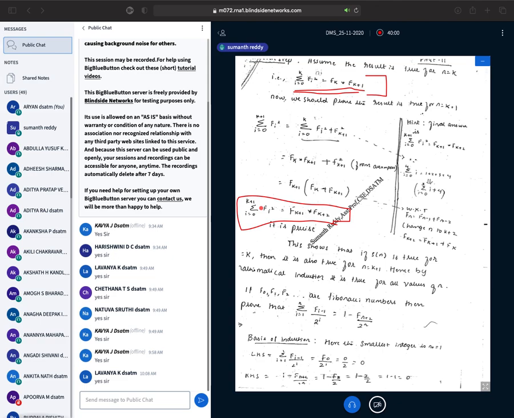How did I get this final statement? I got it just by replacing the k value with k plus 1. So it will be equal to summation of i equal to 0 to k plus 1, Fi square, that is equal to F of k plus 1 into F of k plus 1 plus 1, that is equal to F of k plus 2. In order to get this final statement, what I will do is first I will take the LHS.